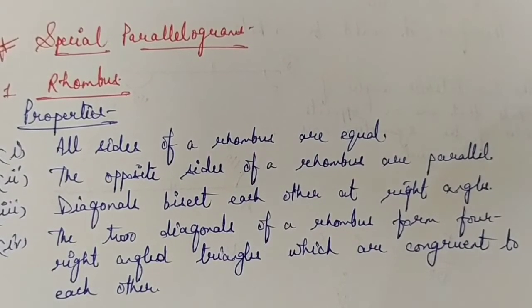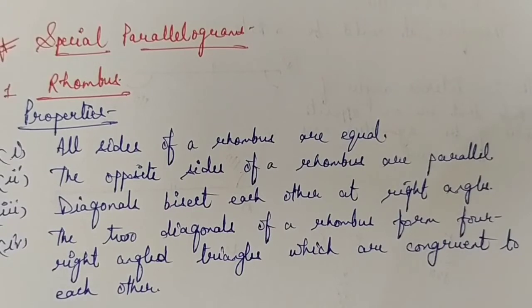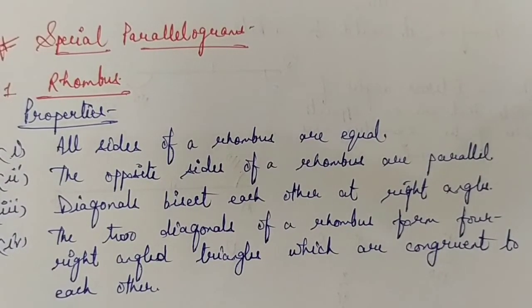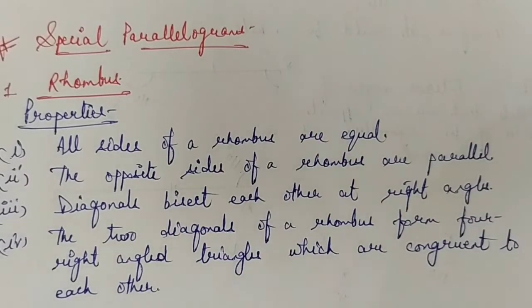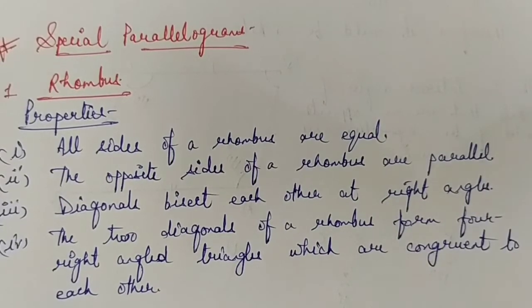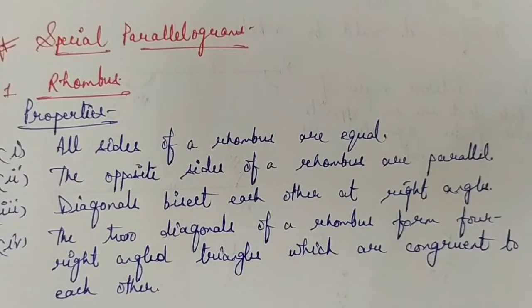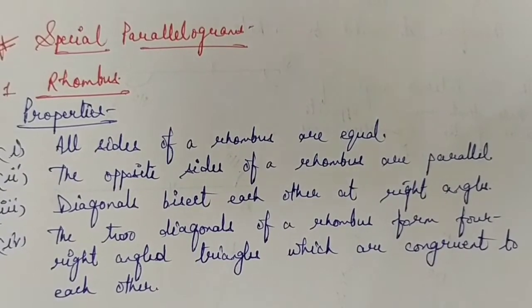सो स्पेशल पैरेललोग्राम्स कहने का मतलब है कि रोम्बस, रेक्टेंगल, स्क्वायर तीनों की हम बात करेंगे. तीनों पैरेललोग्राम की प्रॉपर्टी सेटिस्फाई करेंगे, लेकिन उसके अलावा भी they will have some other properties. Like on the screen you can see I have written the properties of rhombus, and also to understand this property you can refer to your book. Okay, you can refer to your NCERT book और वहाँ पर explain किया गया है.